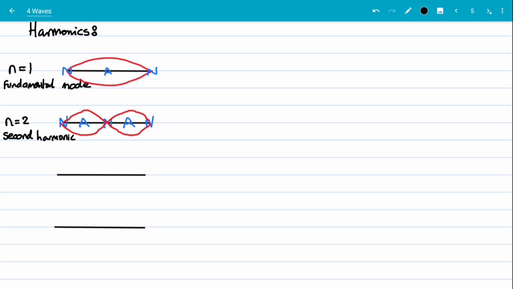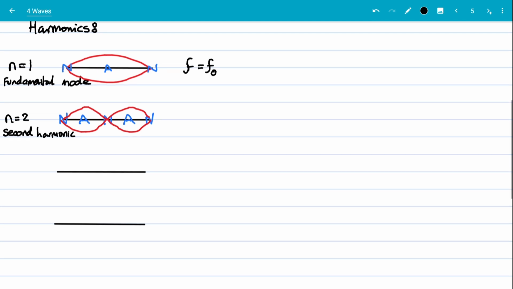Where was I going with that? Oh, yes. So the speed of the progressive waves on this string doesn't depend on the wavelength. It doesn't depend on the frequency, which means that if I halve the wavelength, which is what I've done in this case, I've doubled the frequency. So if we say that this is a frequency equal to f0, the fundamental frequency, and we say that the wavelength is equal to lambda 0, the fundamental wavelength, then in this case,